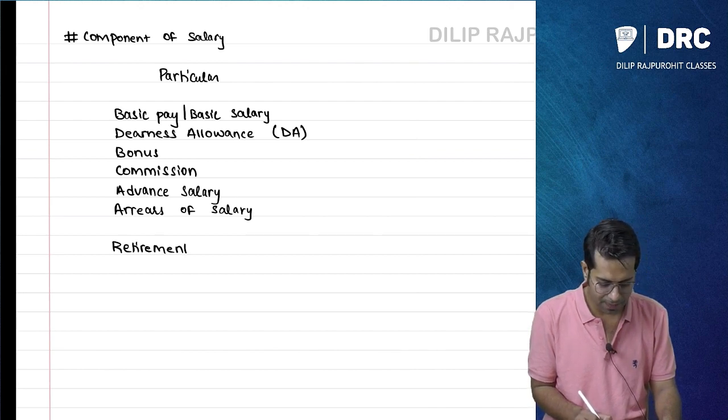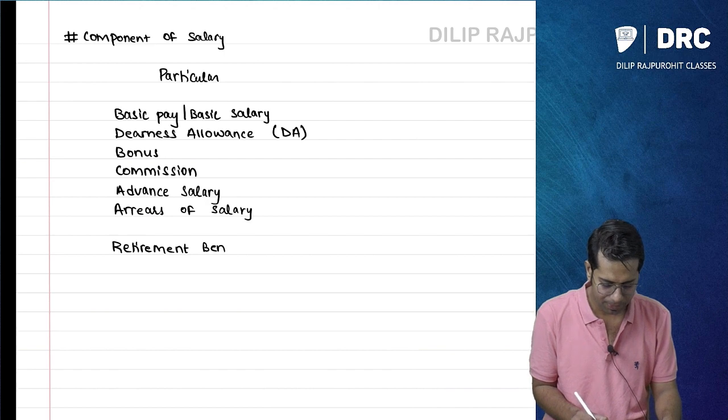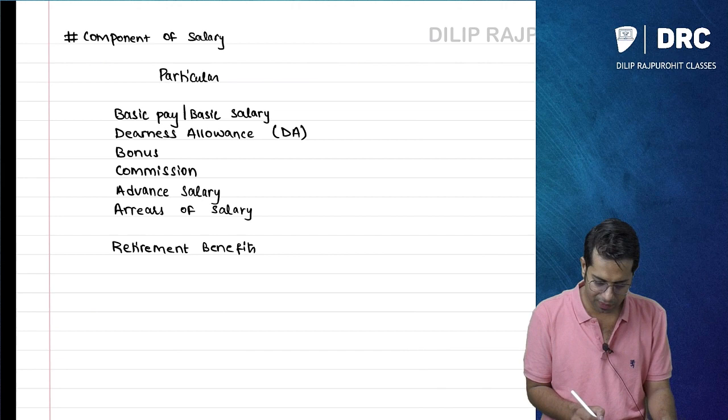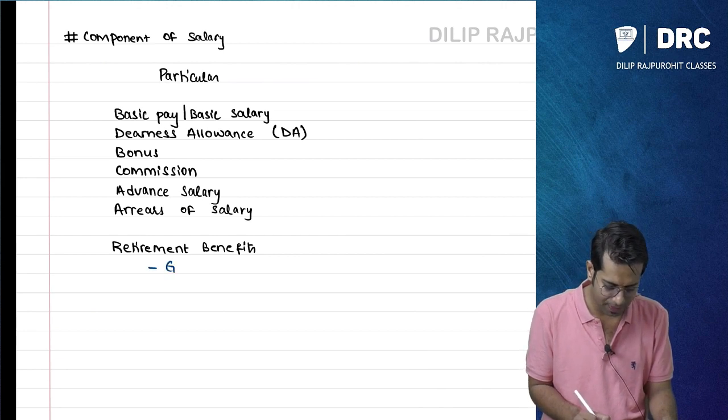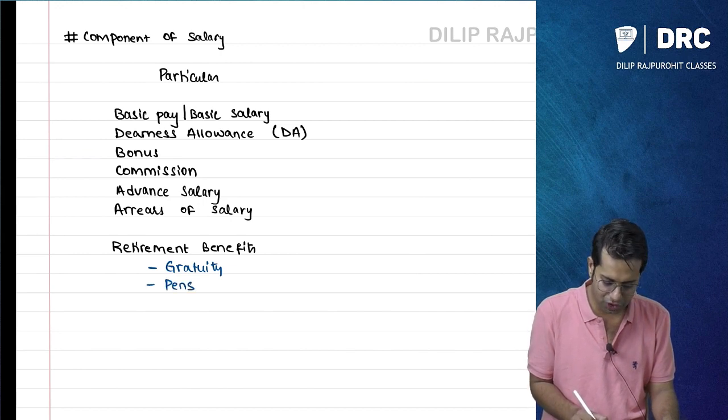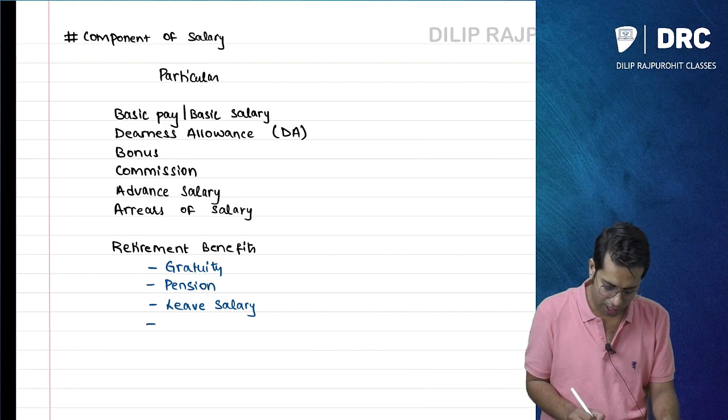There are a few retirement benefits which you get, and these are also required to be included when you are computing your salary. What are these retirement benefits? Such as gratuity, then you have pension, then you have leave salary, you have retrenchment compensation,